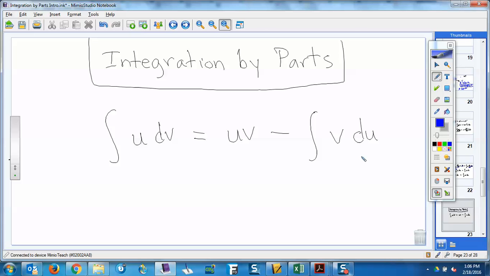This is the formula for integration by parts. Now, the reason it's called integration by parts,